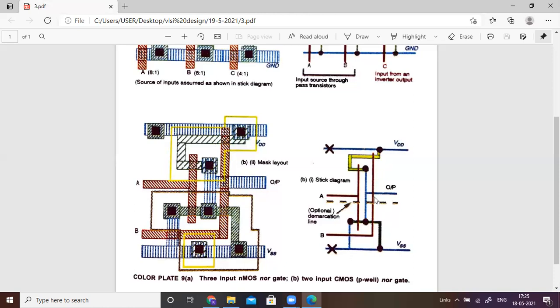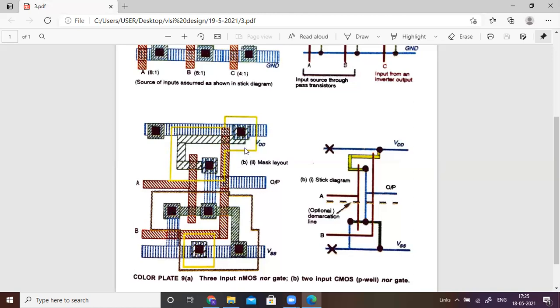Depending upon this method, similar to the stick diagram, you can draw like this. This is the p-Thinox layer, and this is the polysilicon layer, which we have extended like this. So we have inputs A and B, and this is another contact we require here. Between this diffusion and the metal 1, we require one contact here. The hatching will be similar to this one, and this is completely over.